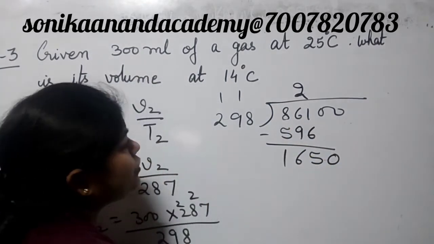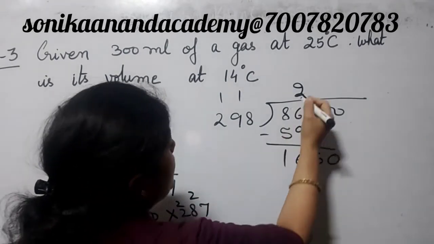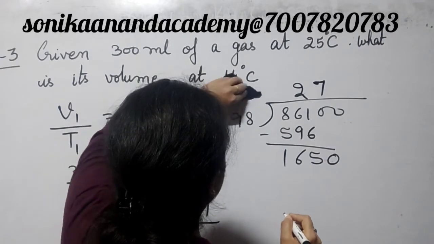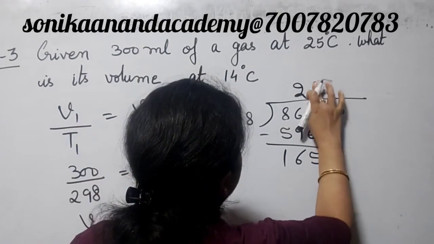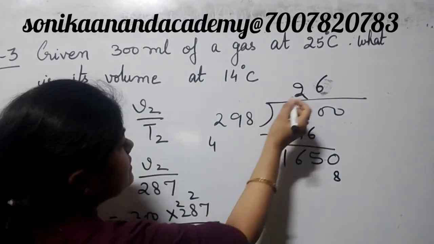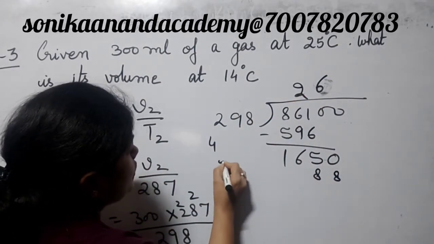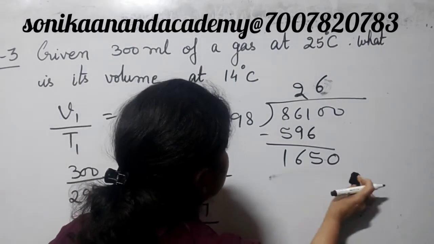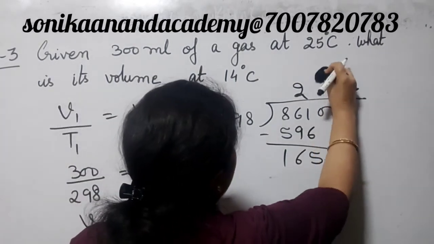0. Now 2 8s are 16. So we just take it with 7. So 7, I think it is also greater. So I will take it with 6. 8 6s are 48, 4. 9 6s are 54, 58, 5. 2 6s are 12. 10 by 5, 17. It is also greater than that.